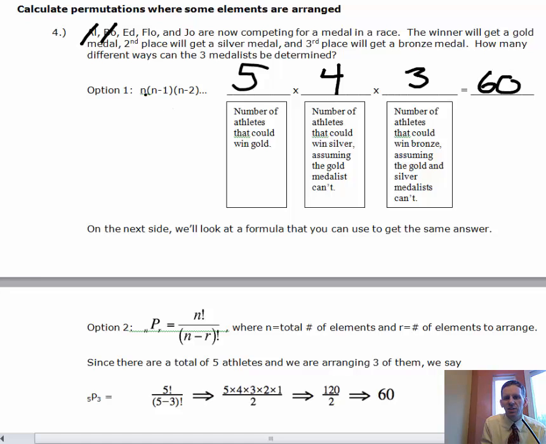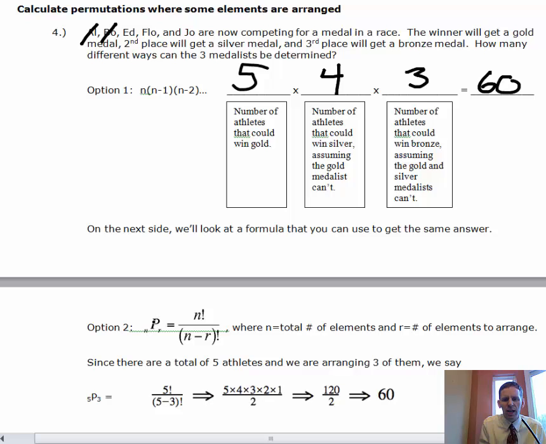And the idea is you start with the first number, you subtract 1 from that, you subtract 2 from that, and if you had more places, you could continue to subtract 1 to get more options. In this case, we do 5 times 4 times 3. On the next slide here, if you look at option 2, we have this formula that says